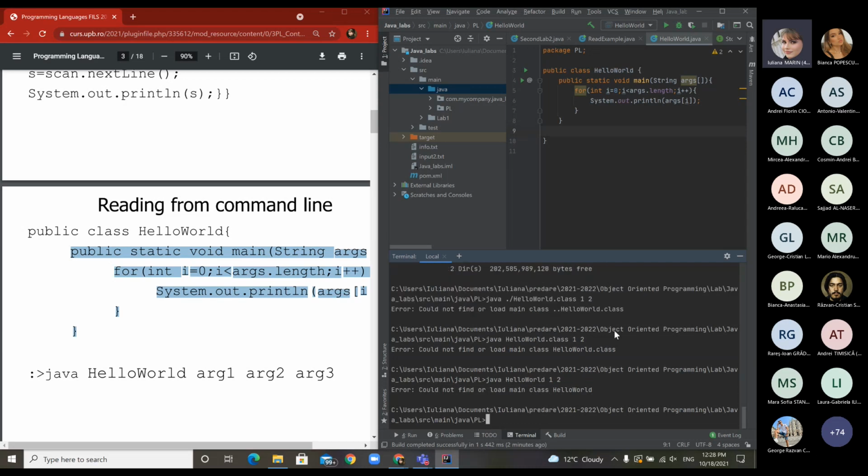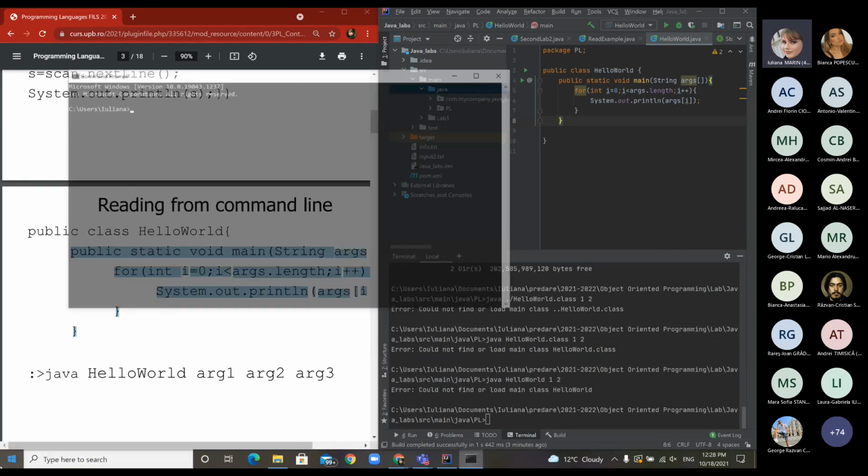It already uses it, so it couldn't find or load it. It receives these attributes, so